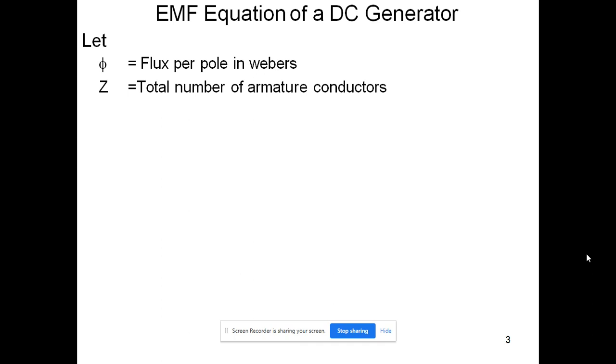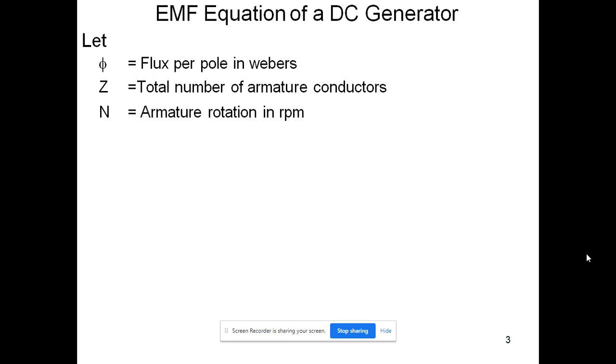The total number of conductors on the armature is represented by Z, and the conductors which are at the middle of the poles must rotate. That is nothing but there must be a relative motion